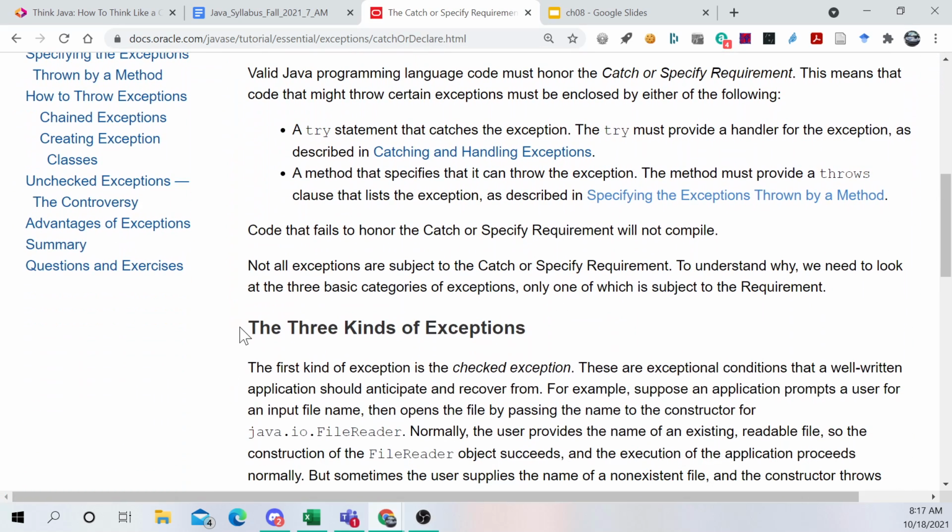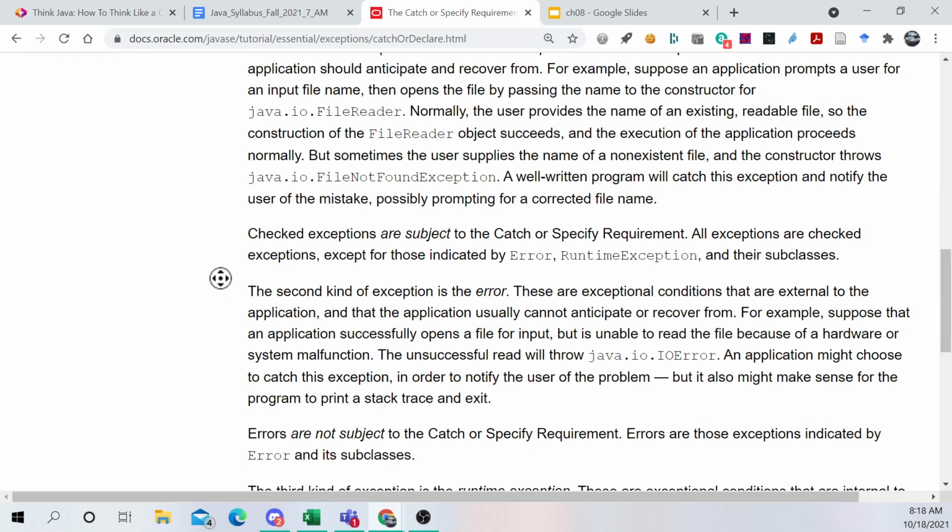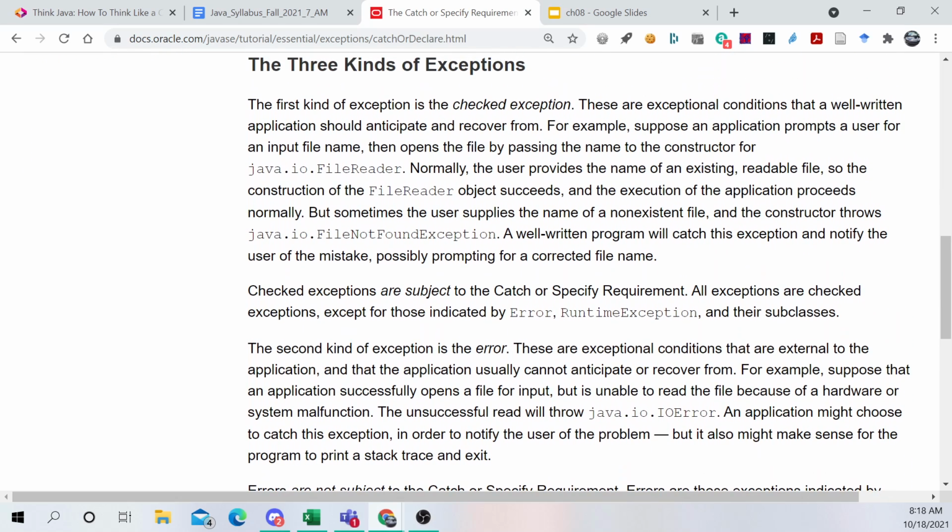Now, you may want to catch your exceptions. So the try statement tries some code, and then the catch has to deal with some of these possible exceptions that can come up. Okay? So there are different kinds of exceptions. The first kind of exception is the checked exception. These are exceptional conditions that a well-written application should anticipate and recover from. For example, suppose an application prompts a user for an input file name, then opens the file by passing the name to the constructor for